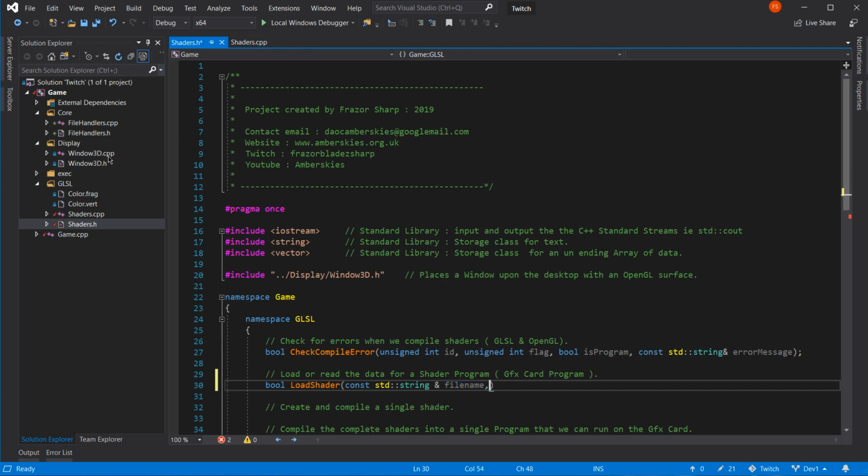And this one, we don't need a file path for that. And we're going to need a file store. Yeah, it's a standard string on this one. Yeah, I'm liking this way of doing it.